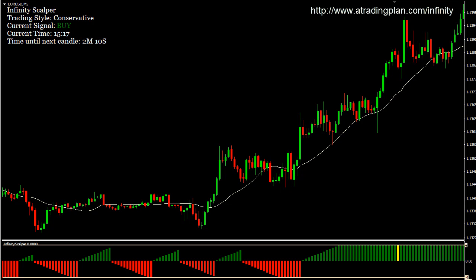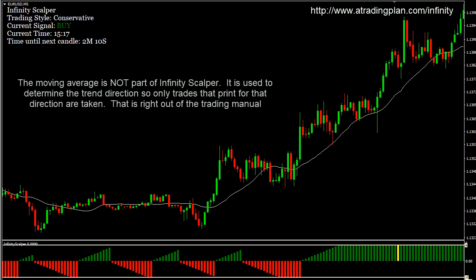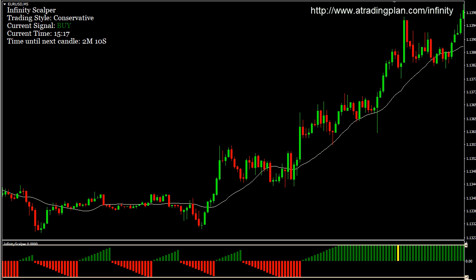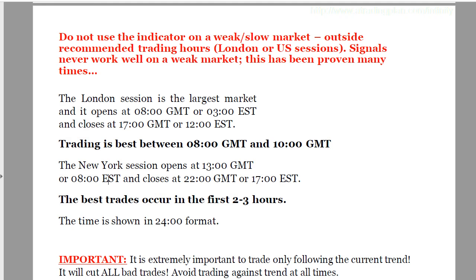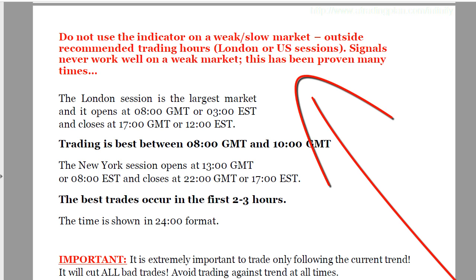So I had a few emails about Infinity Scalper, and I just thought I would show some of the trades that occurred during the London session and also into the US session. Now, as outlined in the PDF, it tells you do not use the indicator on weak or slow